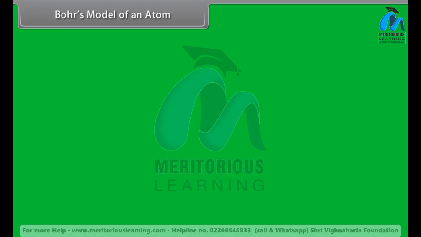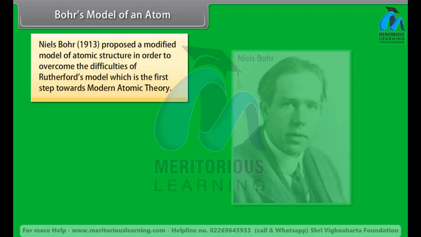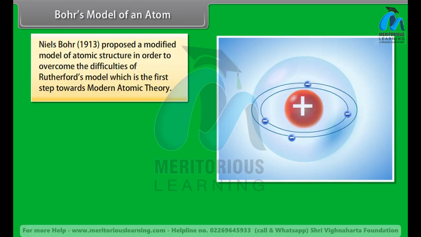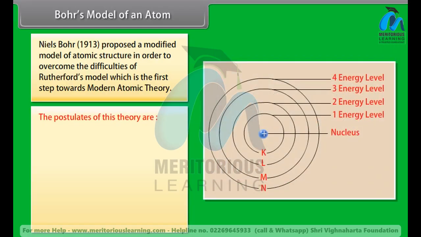Bohr's model of an atom. Niels Bohr, 1913, proposed a modified model of atomic structure in order to overcome the difficulties of Rutherford's model, which is the first step towards modern atomic theory. The postulates of this theory are: